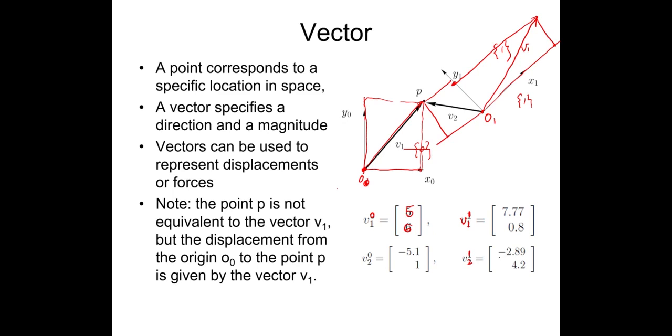So measure that, we have negative 2.89. And this is positive, and this is positive, so that is 4.2. Okay, and the last one is V20. So V20, it means my vector V2 in the coordinates